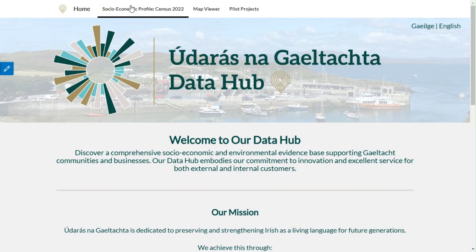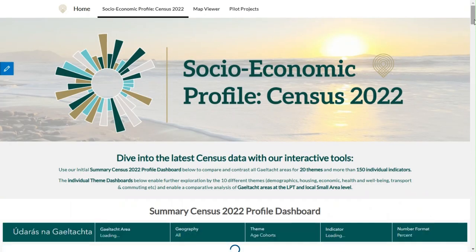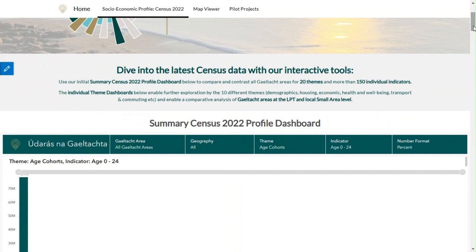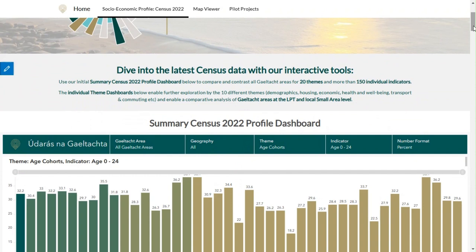The first one we'll look at here is our socioeconomic profile, working with all of the data from Census 2022. Across this section, which will be of use to users within Udaras na Gaeltachta, but also will be made publicly available to stakeholders and organisations and groups working in and across the Gaeltacht areas. The number of different dashboards on here are based on around 20 different themes of data with over 150 indicators